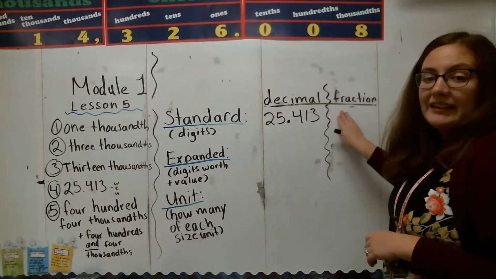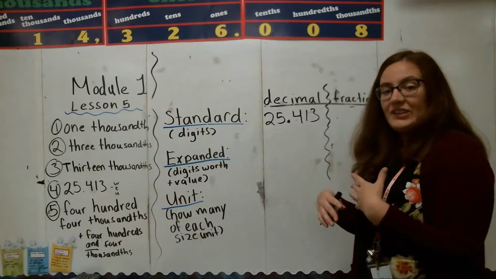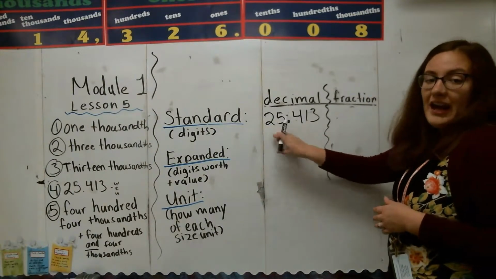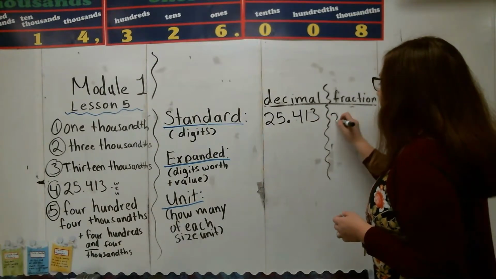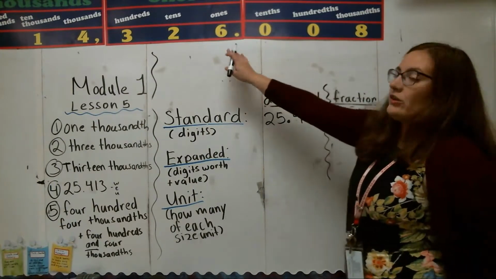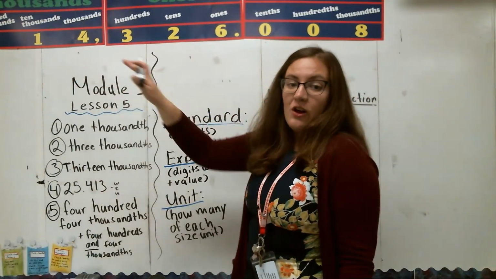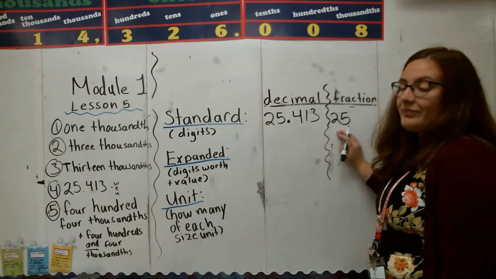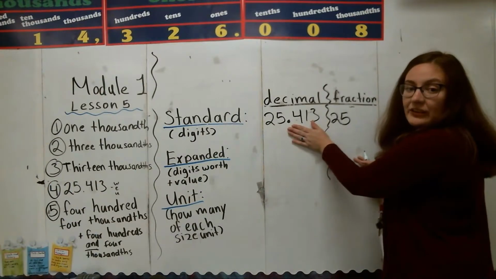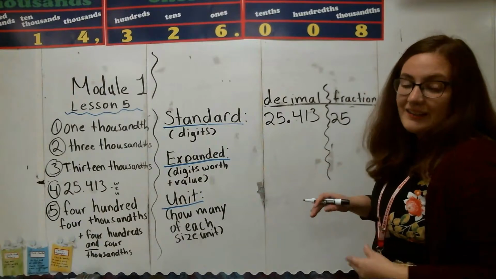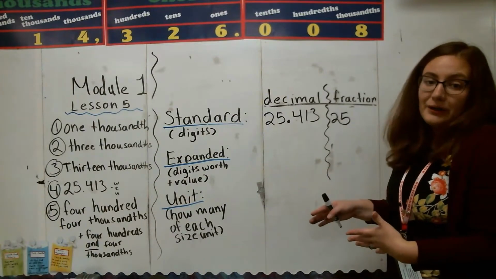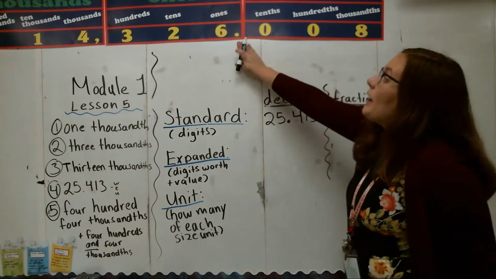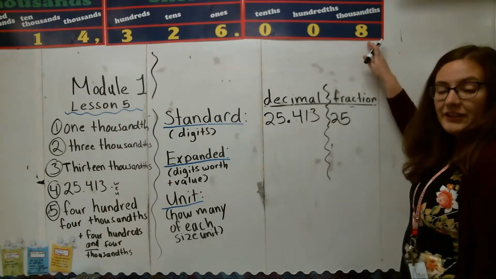Now, when I want to write this as a fraction, this is a little bit different. What I have to do is take this number and write it as a whole number. The numbers that go to the left of your decimal place will always just be whole numbers for your fraction. Now, when I get into my decimal, that's when it gets a little bit different because they are fractions of a number. And that helps you to remember that you have to write everything past the right end of your decimal point